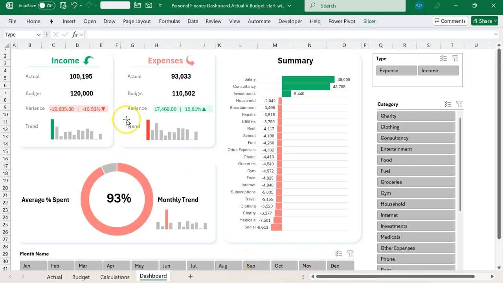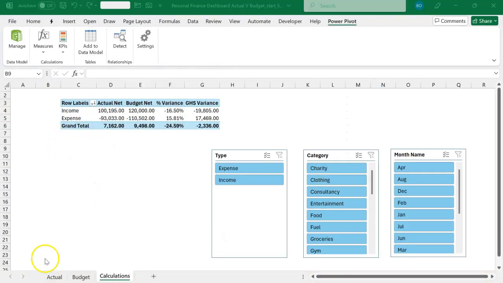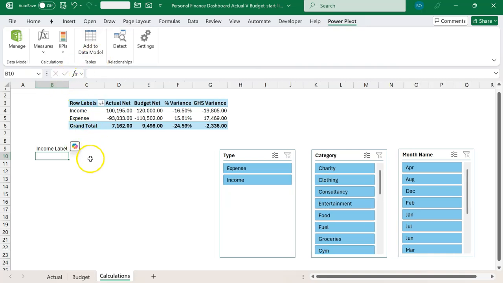So what we need to do now is use the logic that we established to create this dynamic green and red label. Okay, so let's see how we do that. So we are going to create our income label, basically to show us if we had a positive variance or not. Then we'll create the expense label using the same logic. Now, what we want to do is a simple if statement. So the if statement is going to be if